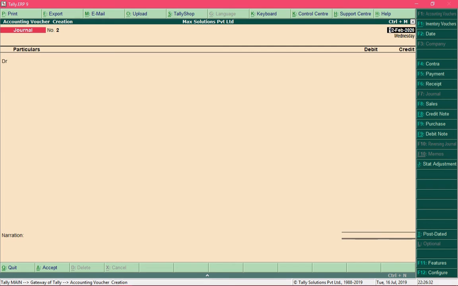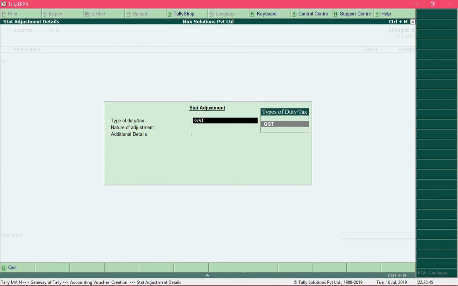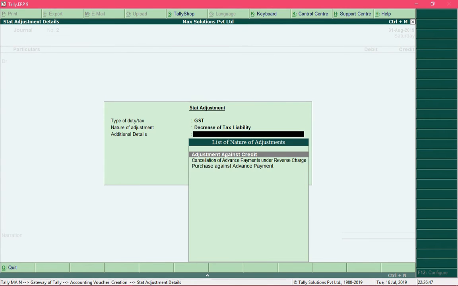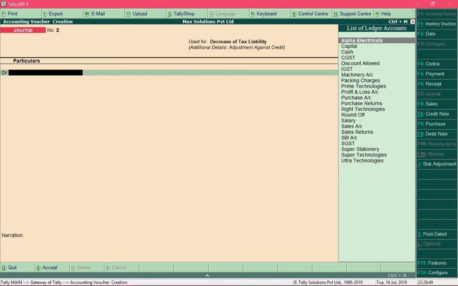And finally we are now required to set off the SGST liability against available input SGST. So let me again change the date and specify the type of adjustment, and let me first pay off the SGST amount using the input tax credit.